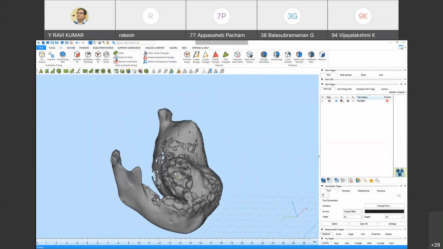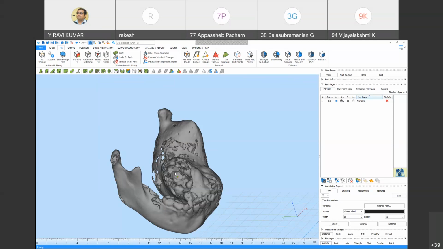Let me rewind the things. First, whenever we want to check the anatomy of our body, we will go for CT and MRI scans, so that we will get the DICOM files. Those DICOM files will be given by radiologists. So in the future, if you are willing to go for a CT or MRI, just ask the radiologist to give the DICOM files.